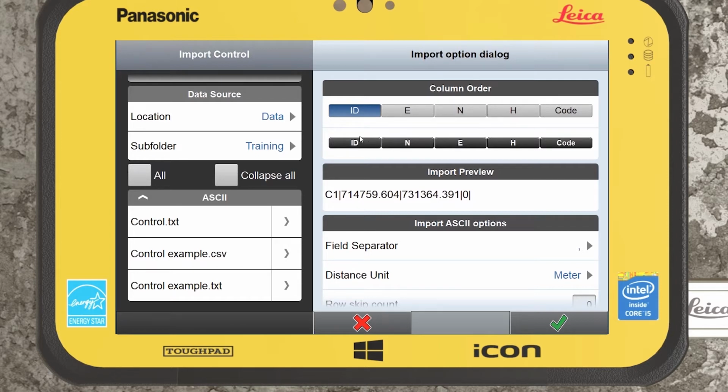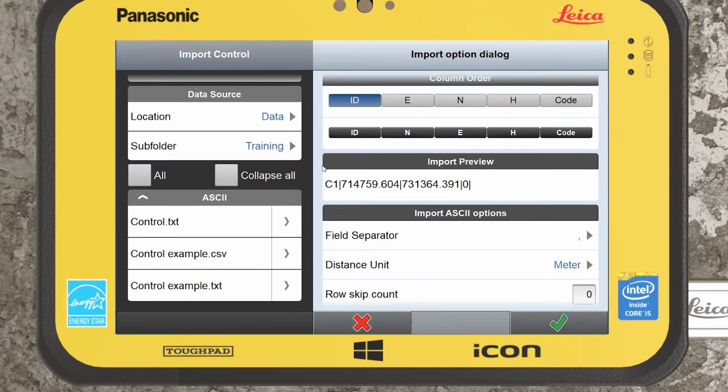If we wanted to alter that, whichever is blue, we can specify by selecting the options on the bottom. So if I select ID, I could select northing if I wanted to change it, easting, height, and code. However, I would know that this is incorrect, so I will just change it back again. Height and code. What we will see is the field separator is currently set to comma, which is correct because